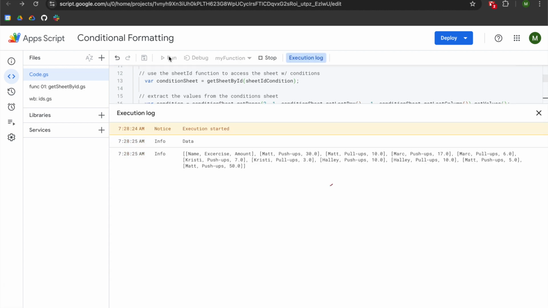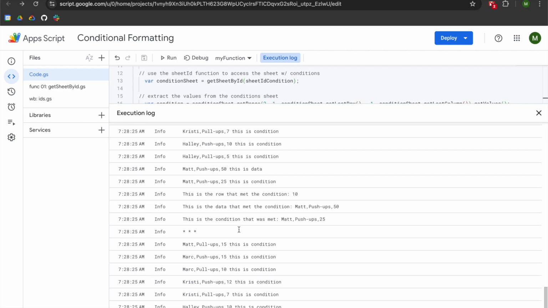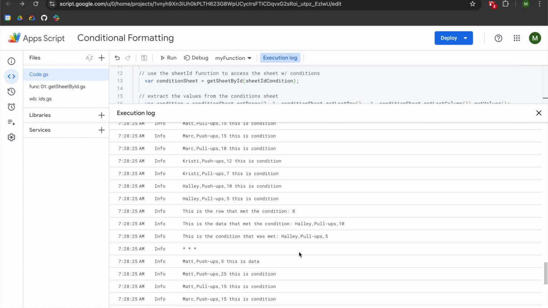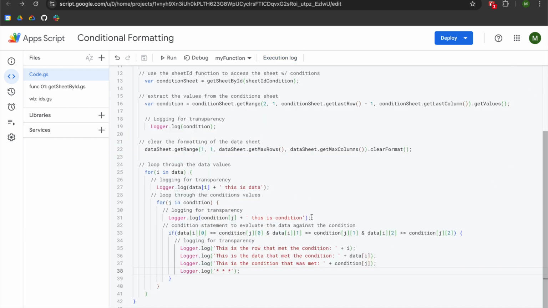Now we're getting a lot of feedback in here because of the loops that we have in place. So you can see that this is the row that met the condition, and then the values that popped up. But we have a lot of other stuff going on in here. So what we're going to do is go back in here, and we're going to go to